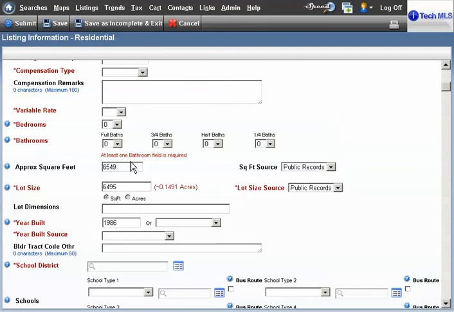It is your responsibility as a listing agent to make that information correct. So you need to go through and make the bed bath count correct. Let's say that this is a 3-bedroom house with 1 full bath and 1 3/4 bath. And this says 6549 square feet. Let's say that it's actually